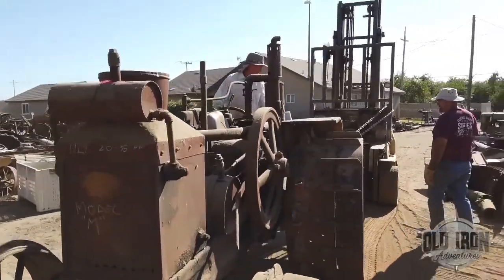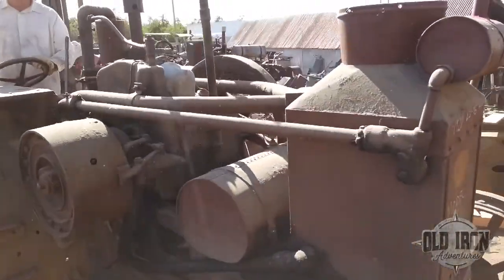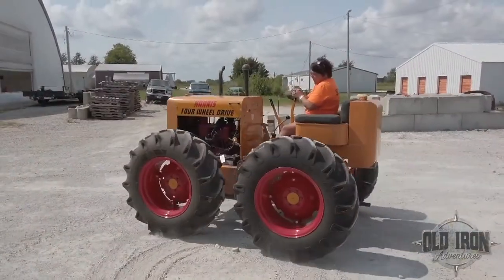The Rumley is now out of the way, but there's plenty more moving and sorting to do before they are done. When we come back,